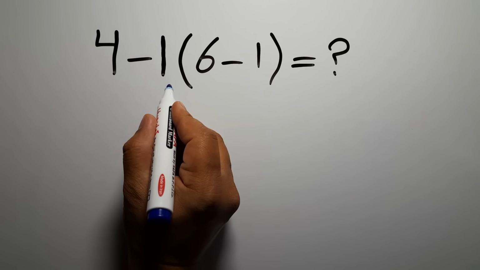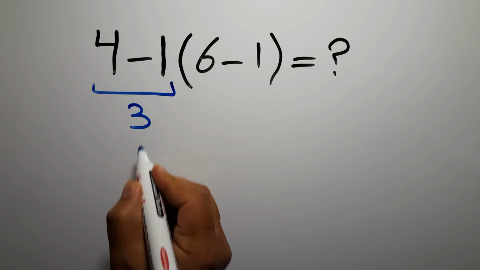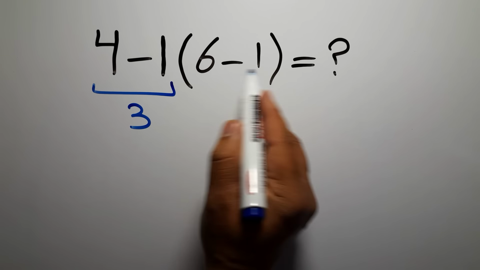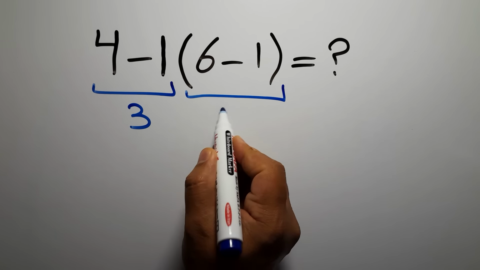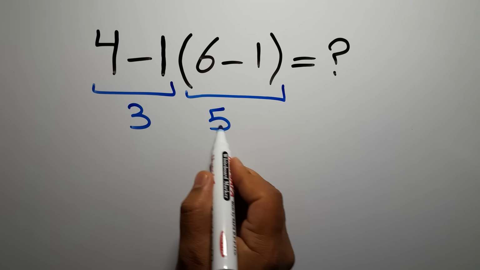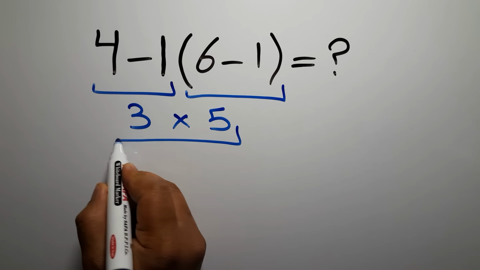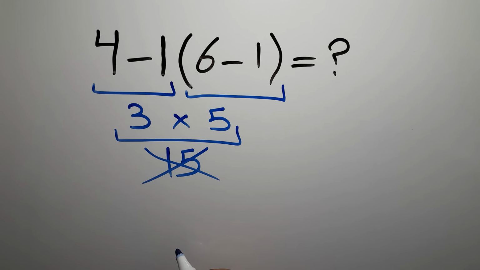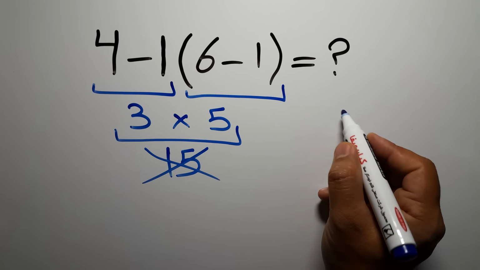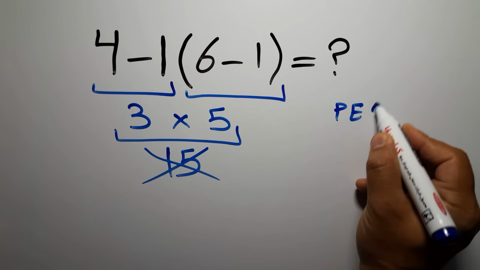4 minus 1 gives us 3. And here inside this parenthesis we have 6 minus 1, which equals 5. So 3 times 5, which equals 15. But this answer is not correct, because according to the order of operations, which is PEMDAS,